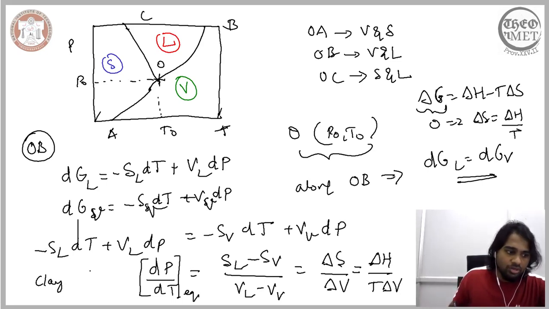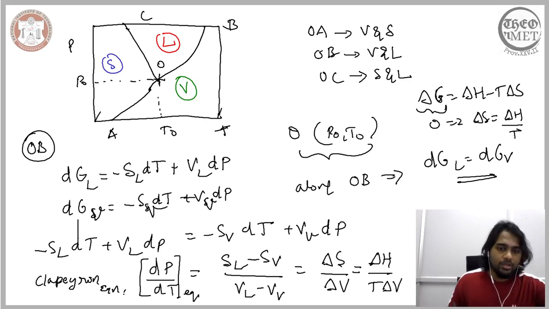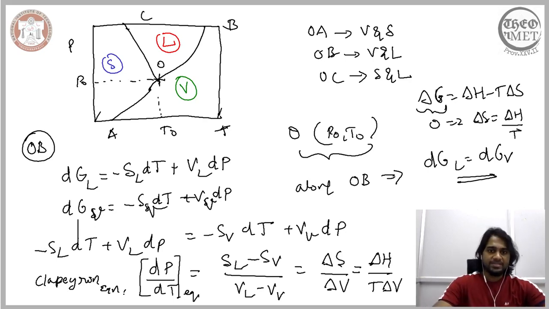So let me write it more legibly. Clapeyron equation. So what the Clapeyron equation helps us understand is the trend in the line that we observe